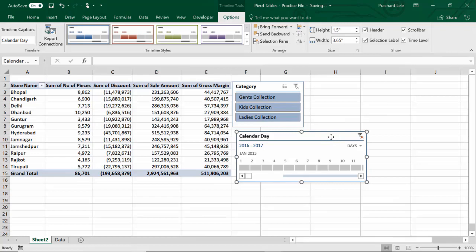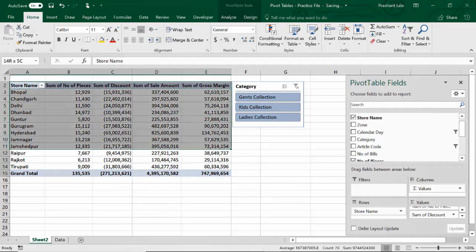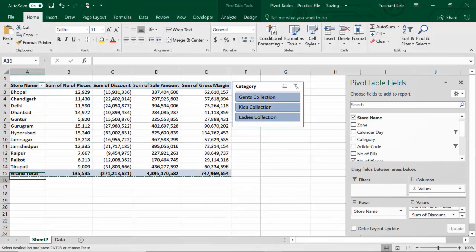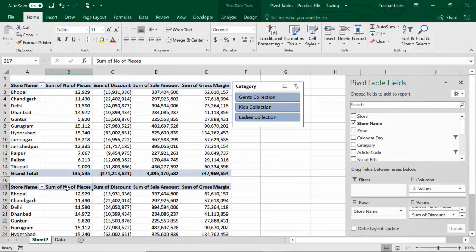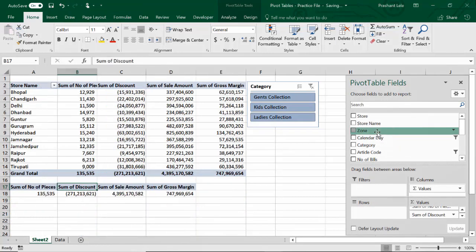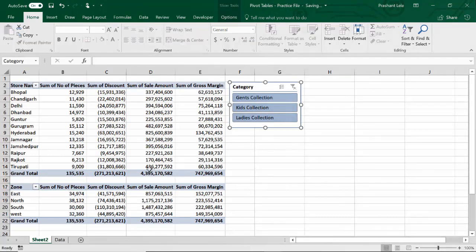I am just deleting this and copying this pivot table down to create another one. Here we will remove the store name and put the zone name. Now we have a category slicer here, and store wise and zone wise two different pivot tables are there.